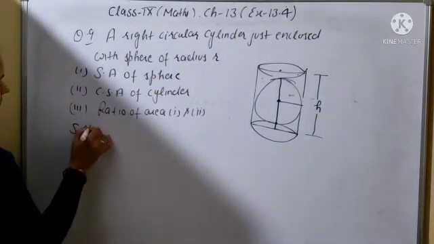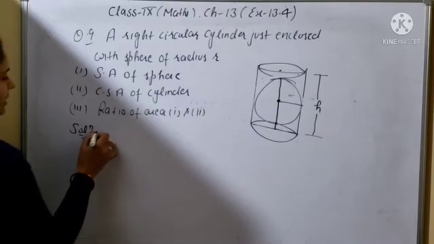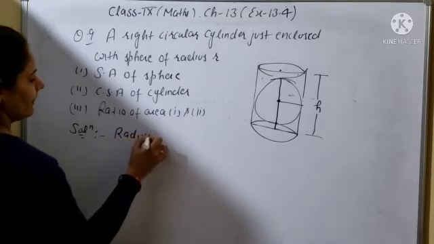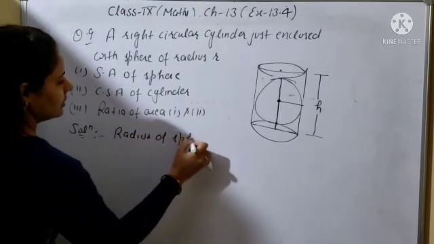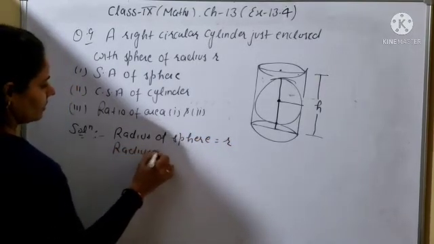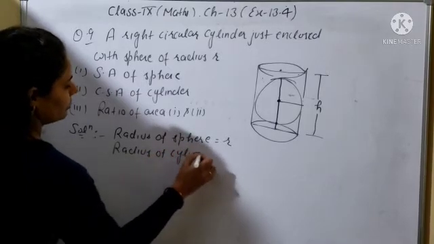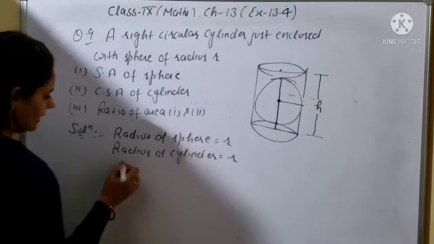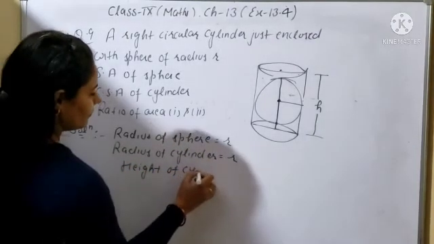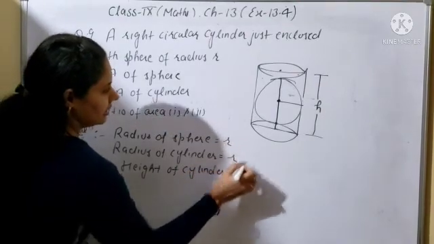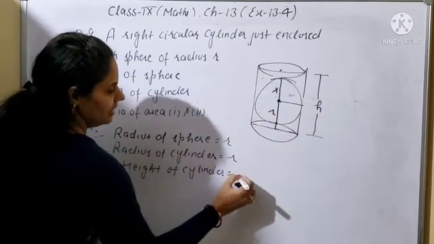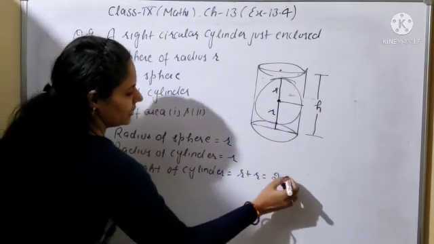So in this question you can see in the figure easily. Okay, so it is given what will be there? Radius of sphere will be r, and radius of cylinder will be also r. Okay, and now the height of the cylinder. For cylinder you want the height also. So height of cylinder will be, this one is the height, so here to here this is radius, and here to here this one is also radius, so r plus r will be height, so it will be 2r.